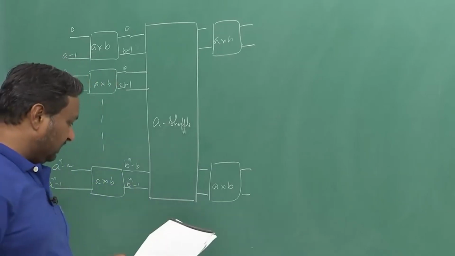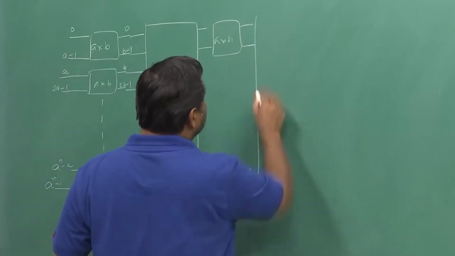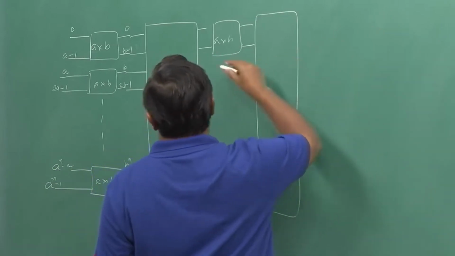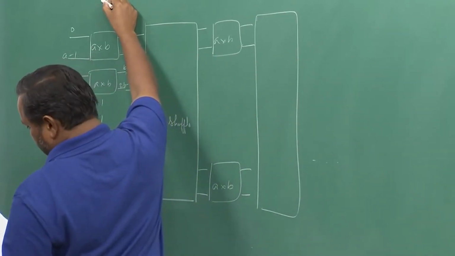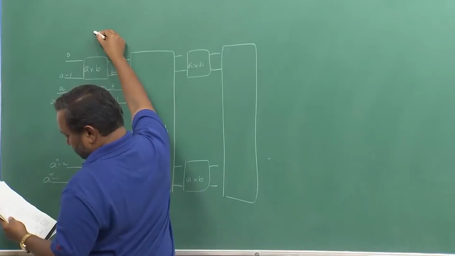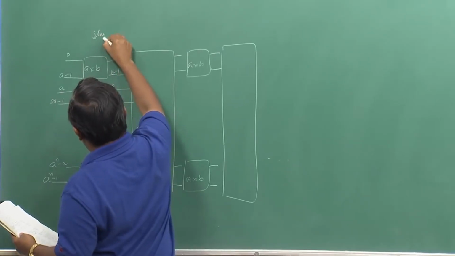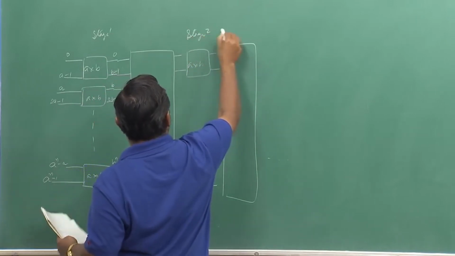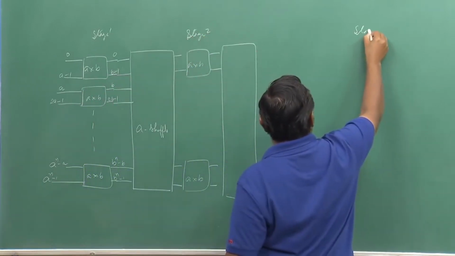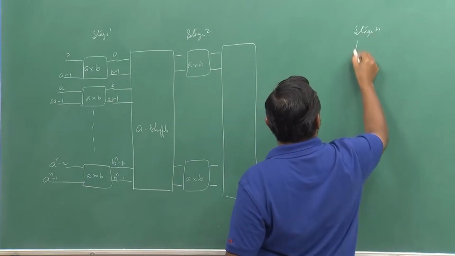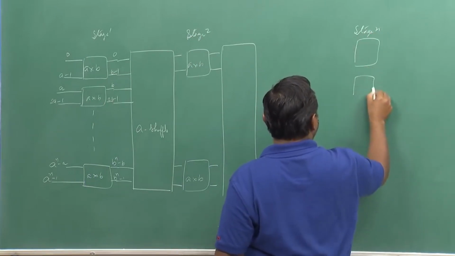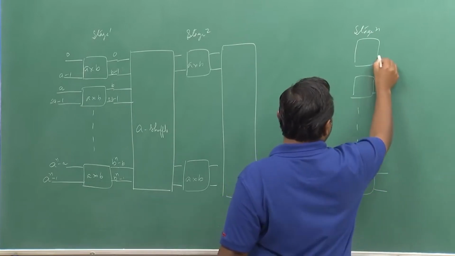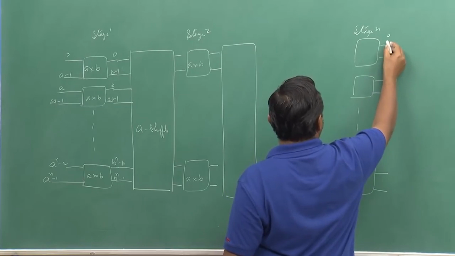Okay, and then we will have again a shuffle interconnection network and so on till we go to the, this is the first stage 1, stage 2, ultimately there will be stage n, and they will be going from